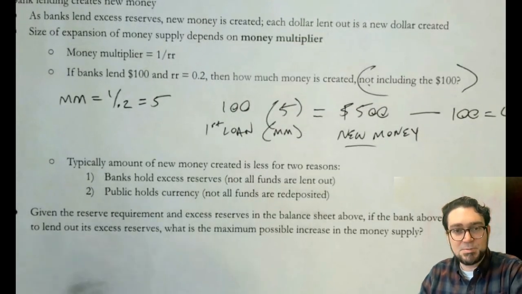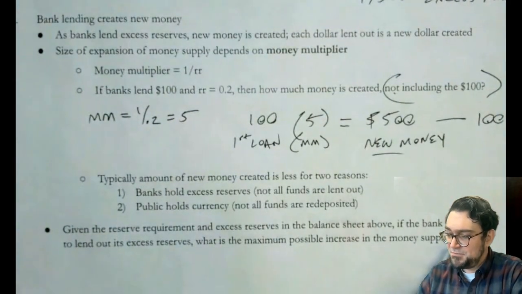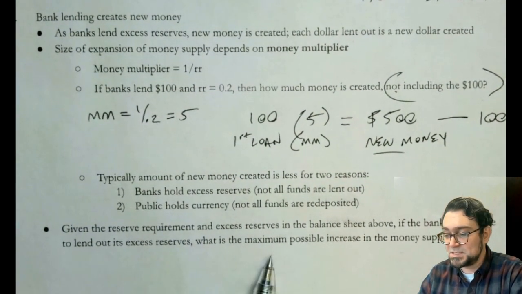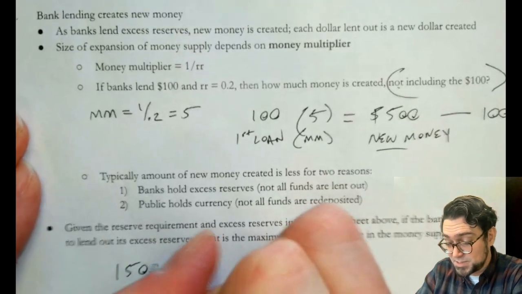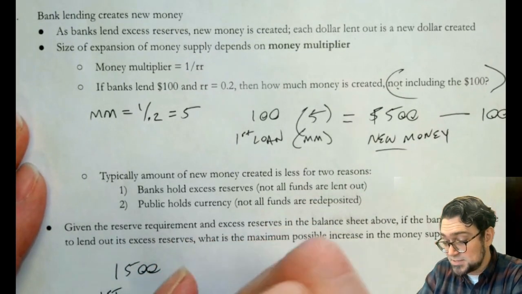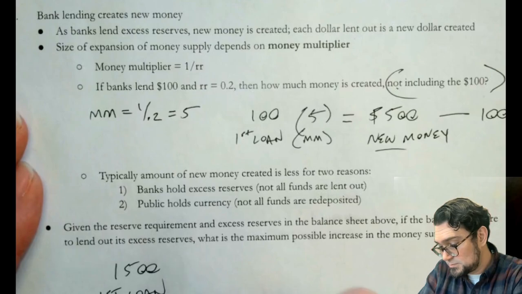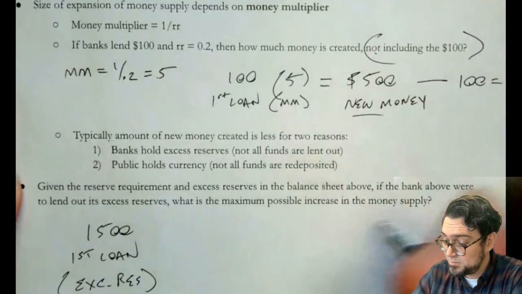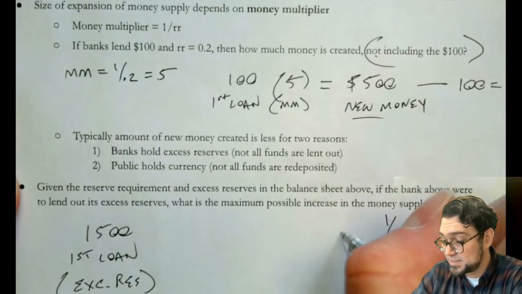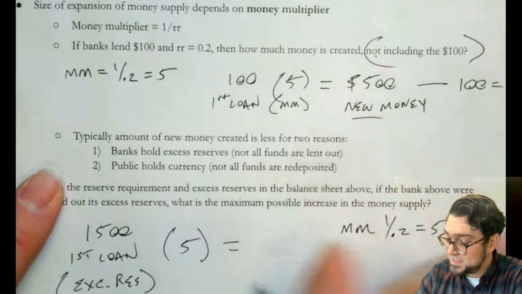Now, the last question on this page is: given the reserve requirement and the excess reserves listed up here, if the bank were to lend out its excess reserves, what's the maximum possible increase in the money supply? So let's say this bank decided to take its $1,500 of excess reserves and make its first loan. If they were to do that, we know the money multiplier is 1 over 0.2. That was 5, right? That's our money multiplier. And so we take that times 5. 5 times 1,500 is